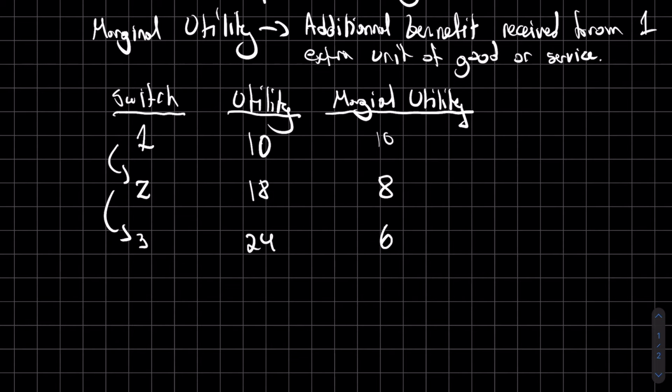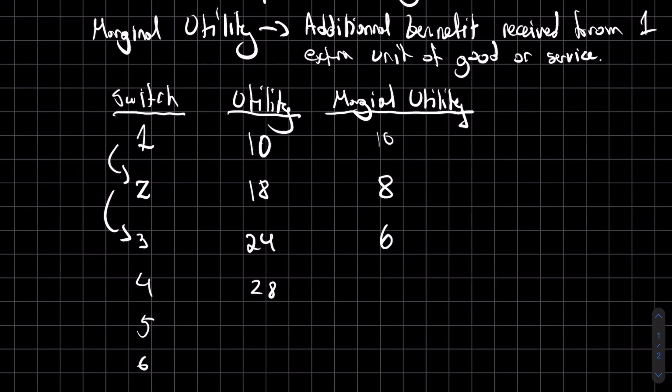So this isn't always going to be the case, but this is a really common case where, despite our utility continuing to increase as we get more units, the actual utility we get per additional unit, so the marginal utility, is decreasing. Eventually, you can see here that if we were to continue this trend, to 4, 5, maybe eventually 6, who knows, maybe here eventually we'll get to 28 if we keep going with this little trend here,